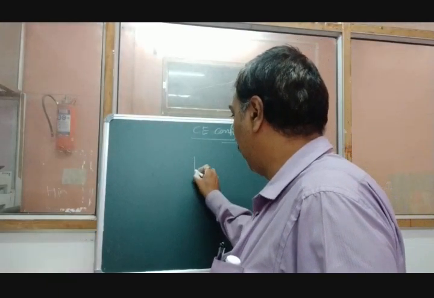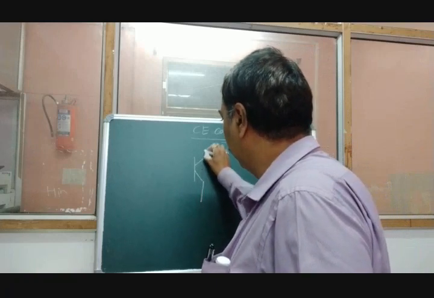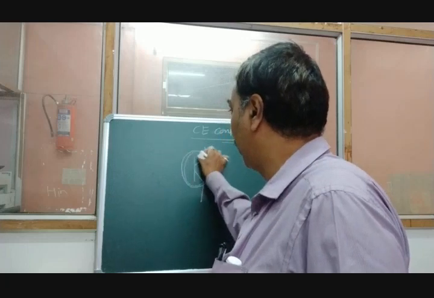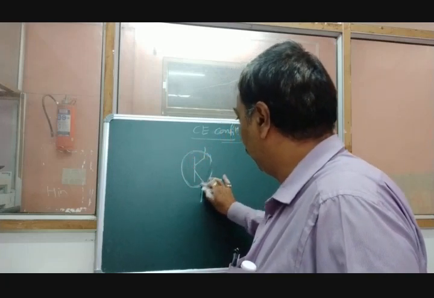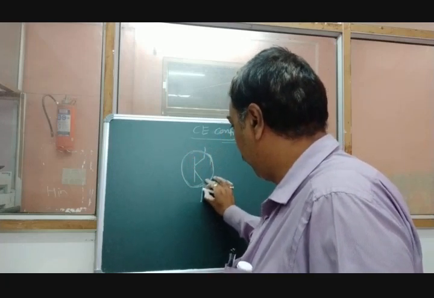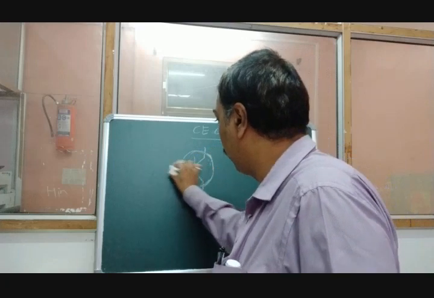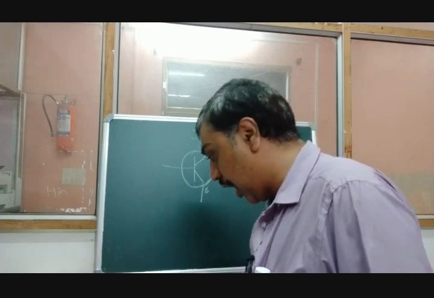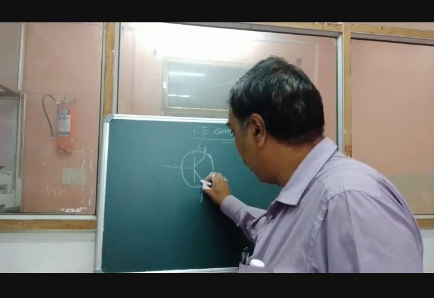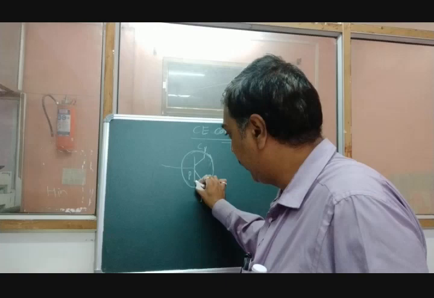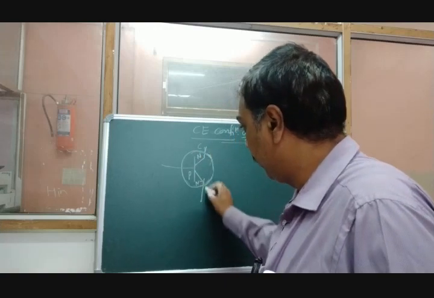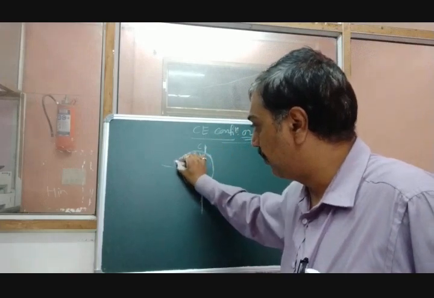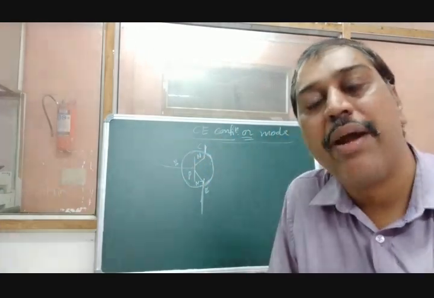So let us suppose I have drawn this diagram. Let us take this circle. I know it does not look like a circle, but suppose it is a circle. You must draw a perfect circle when you draw the symbol. So this is the collector, this is the emitter. According to the book, the arrow is coming outward, as current flows from positive to negative, so they have written NPN. Now this is the emitter, this is the collector, this is the base. This is nothing but the common emitter mode.